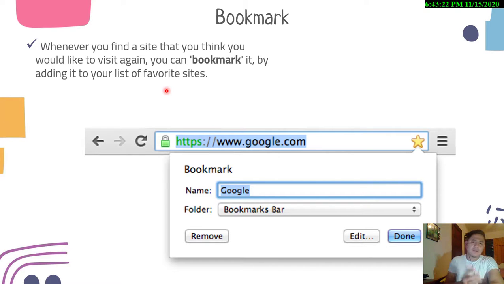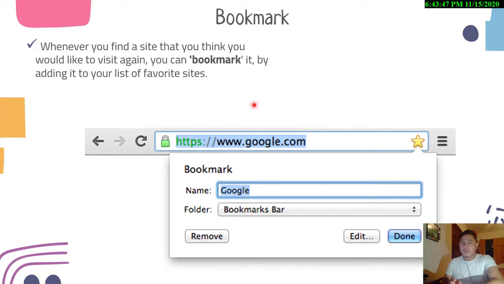Just like whenever you bookmark a page in a textbook, okay? So I simply click on a little star there on the web browser and bookmark, and I can change the bookmark, and then I click done or save. All right, if I want to look at all my bookmarks, I can go to a section that's called favorite sites, where I can go to all the bookmarked pages without typing the URL or using the search engine